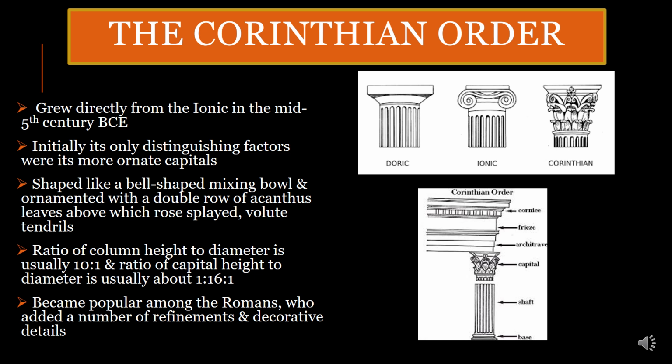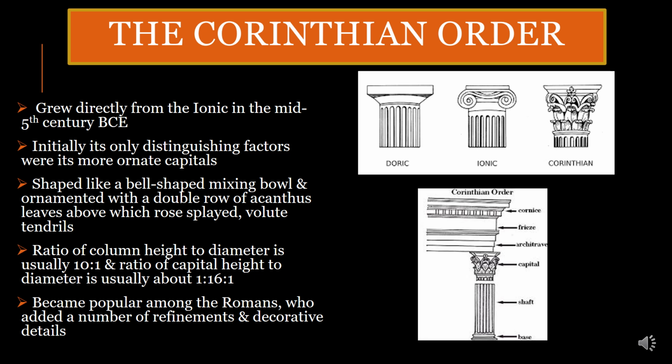The Corinthian order grew directly from the Ionic in the mid-5th century BCE and was initially of a very similar style and proportion, with the only distinguishing factor being its more ornate capitals. The capitals of the Corinthian order were much deeper than those of the Doric and Ionic orders. They were shaped like a bell-shaped mixing bowl and ornamented with a double row of acanthus leaves, above which rose